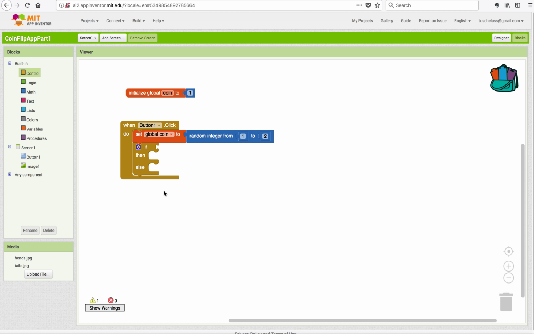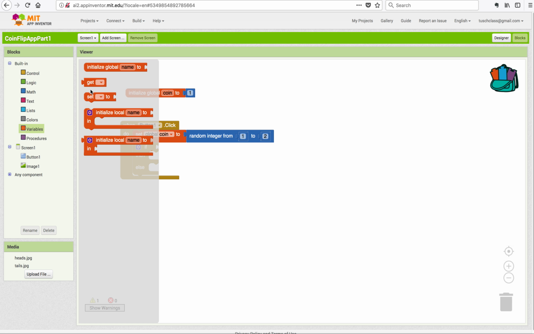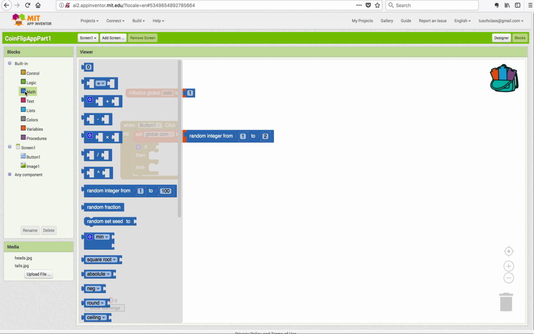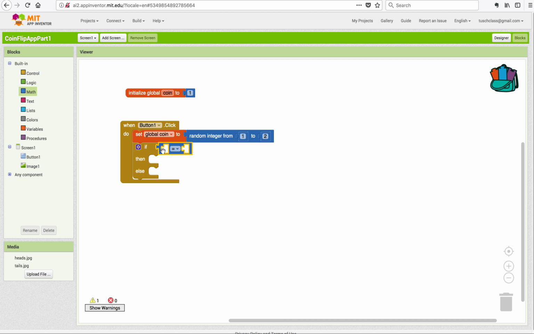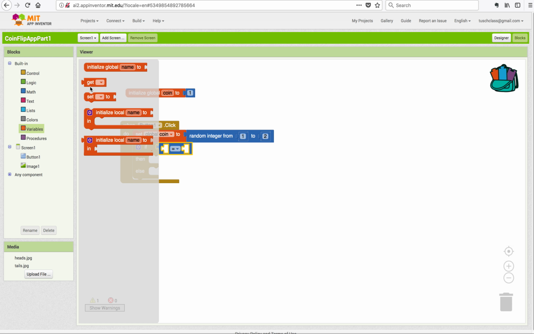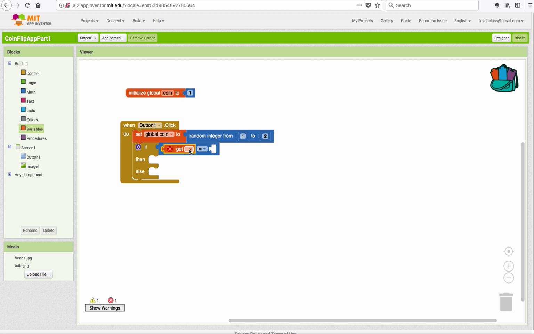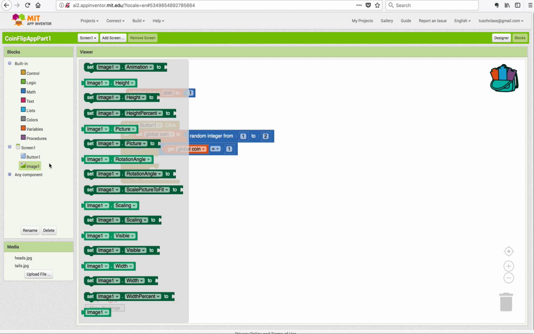And so what we're going to do is we're going to say if the global coin is 1. So if, and let's go over here, use the math drawer, and we're going to say if our global coin, so if this number is equal to 1, so I'm saying, okay, if it's equal to 1, then what I want it to do is set this image,